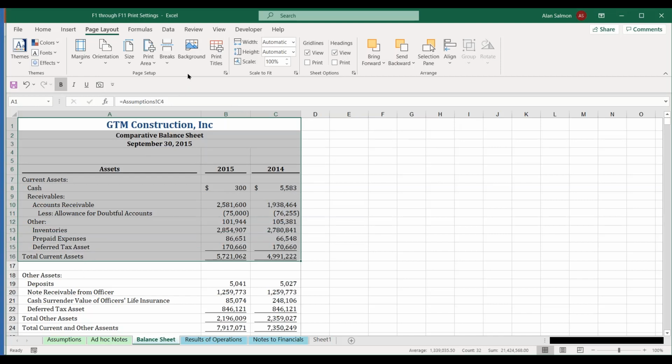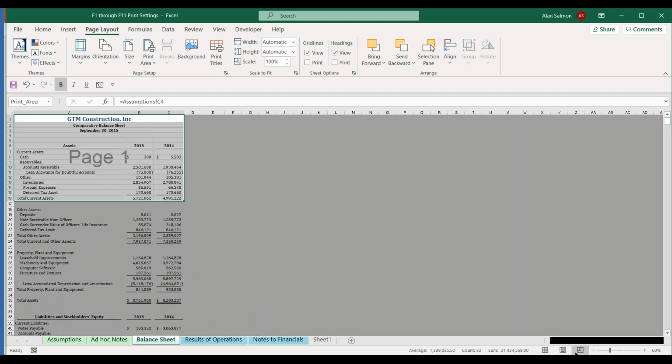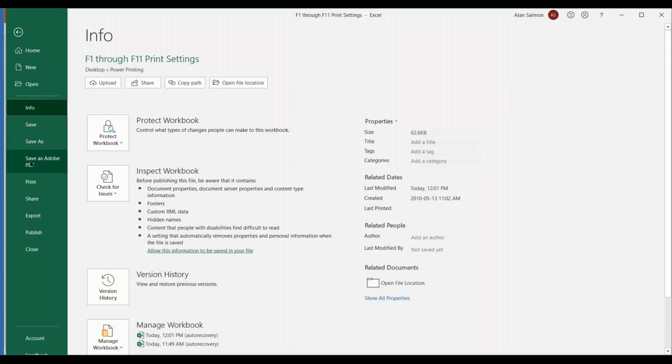And I'm going to go to the page layout. I'm going to go to the print area, and I'm going to set the print area. And then I'm going to go down here in the bottom right-hand corner and click on Page Break Preview. And notice what it's going to print. Just that, if I go to File, Print,